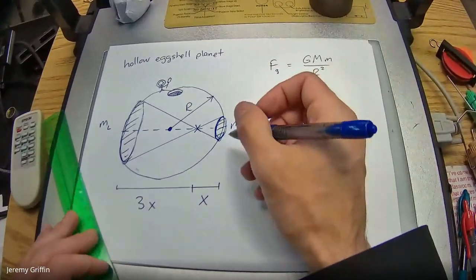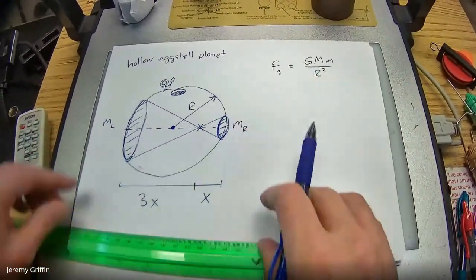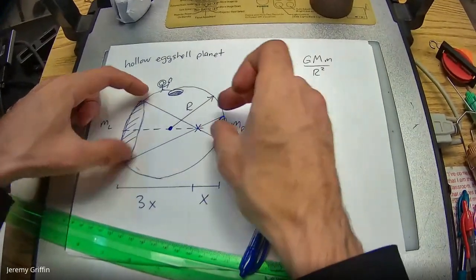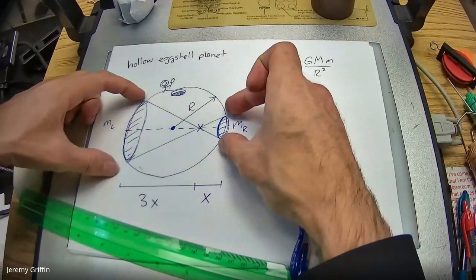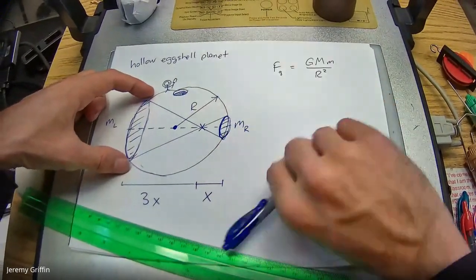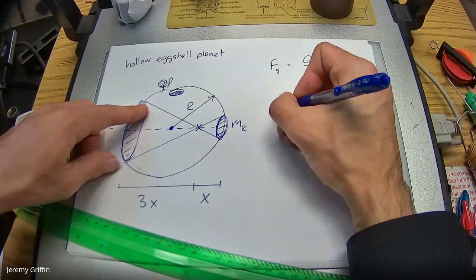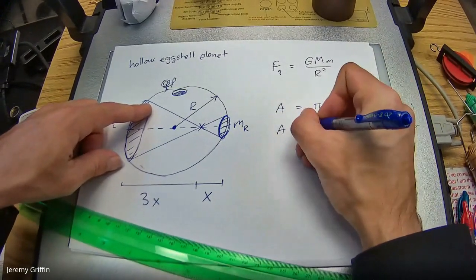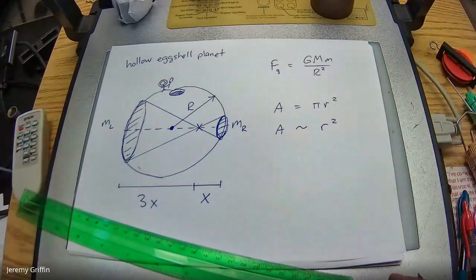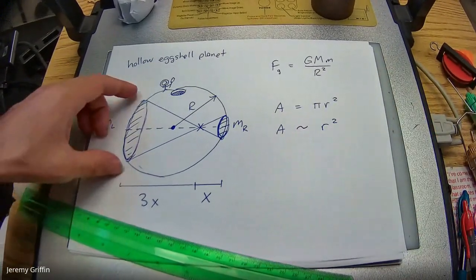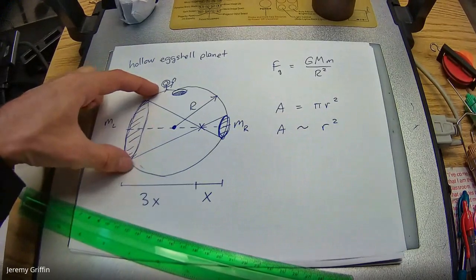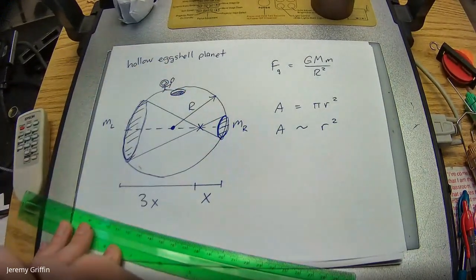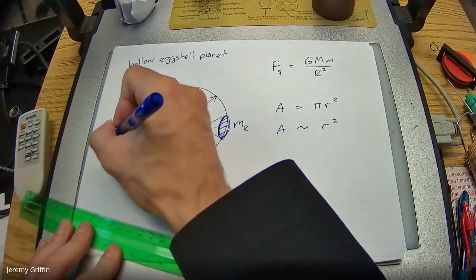Do you see that the one on the left side has 3 times the diameter of the one on the right side? Because it's 3 times farther away, and they've got similar triangles going on. See that? 3 times the diameter. But this area, pi r squared, the important thing is that the area is proportional to the square of the radial size. It's also proportional to the square of the diameter. So the fact that it's 3 times the diameter, it has how many times the area? You see it's 9 times? Therefore, it has 9 times the mass.